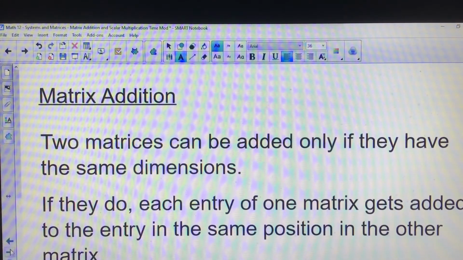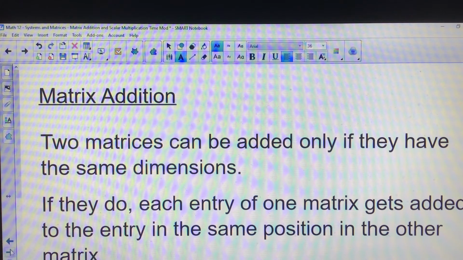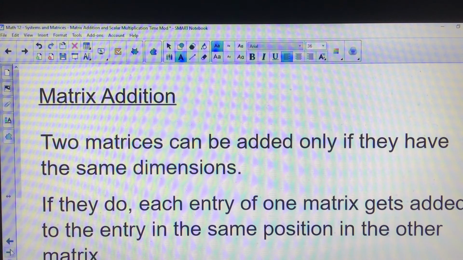Matrix addition is one of the easiest things we do in the entire course, because basically we're just adding two matrices together. For two matrices to be added, they have to have the same dimensions. If your matrices don't have the same dimensions, you can't perform matrix addition. But if they do have the same dimensions, here's the easy part. As it says at the bottom there, each entry of one matrix gets added to the entry in the same position in the other matrix. Basically you make a new matrix of the same size with the corresponding entries added together. All right, so